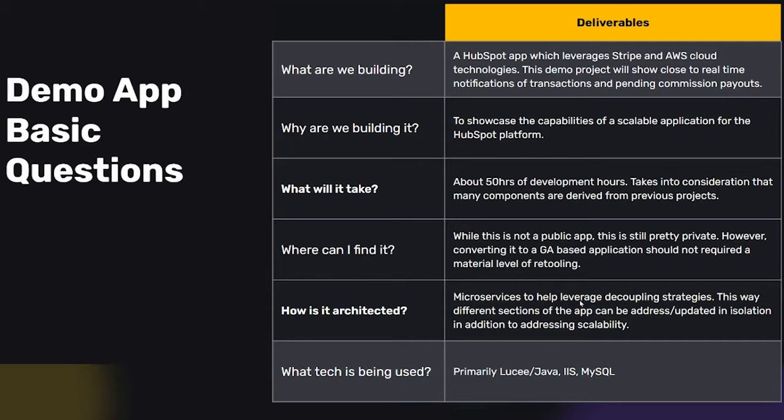How's it architected? So we're definitely going down the microservices route. There's a chart you will see later. We're using a handful of EC2s and Lambdas and things of that nature. We try to approach this in a way where you can update one thing, and if it bombs, the entire application doesn't come crashing down on top of you. Generally speaking, once you get beyond 100 users, it becomes really important to have a way of segmenting the development as much as possible.